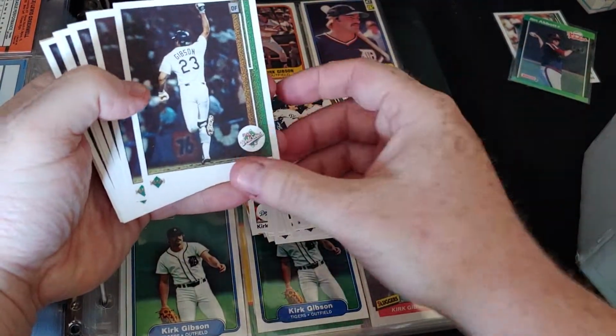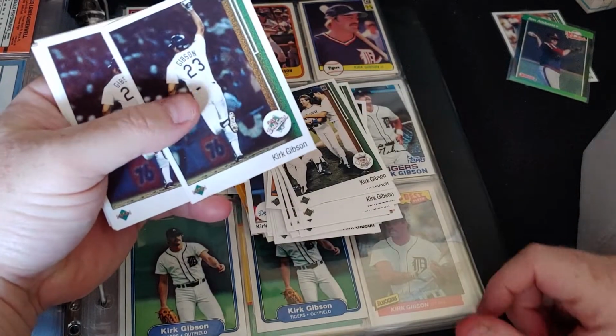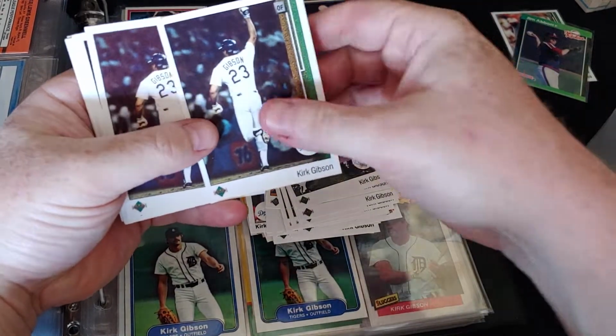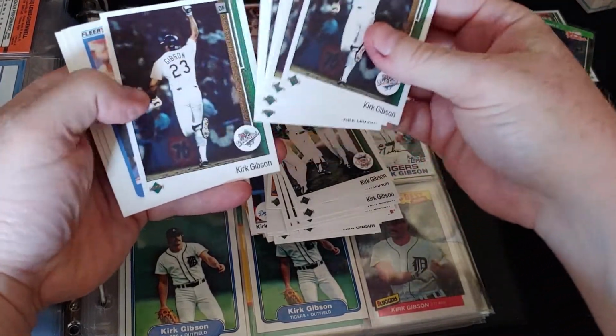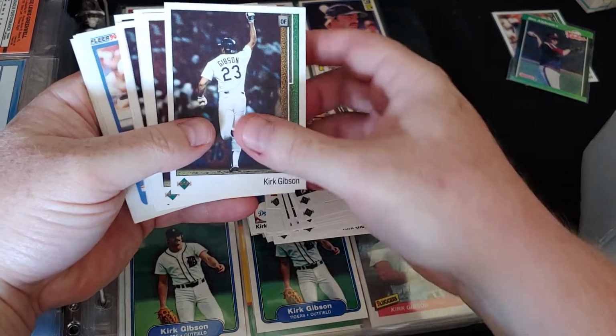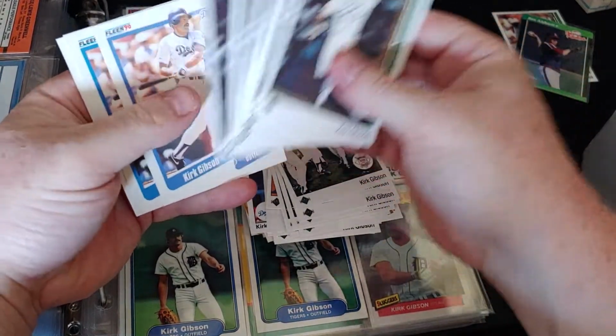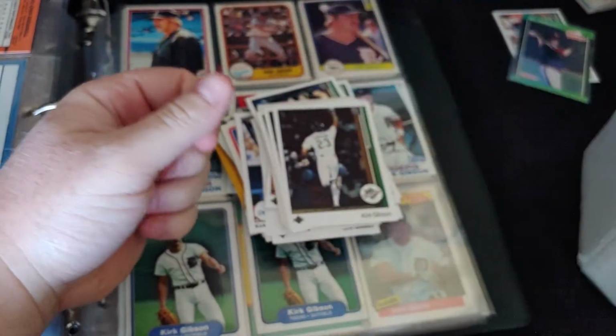And here's the 88 World Series, great World Series moment, Kirk Gibson where he's pumping his hand, hobbling around the bases. It's just a fantastic moment. So glad I got to see it and share it with my mom and my family, and that was just a really neat moment. And then we'll wrap up with some 90 Flair. So great,